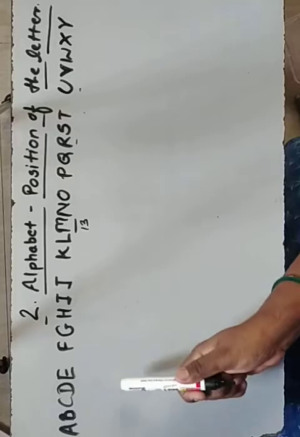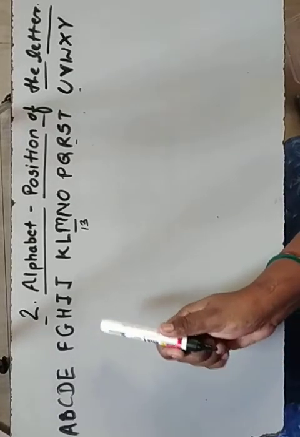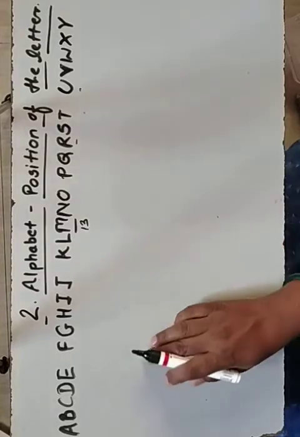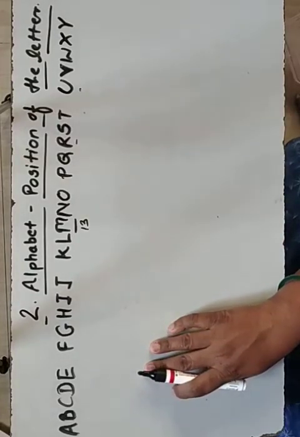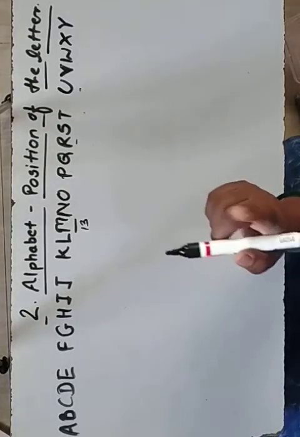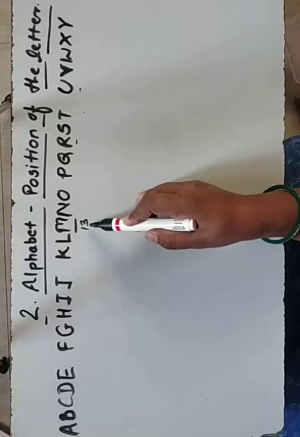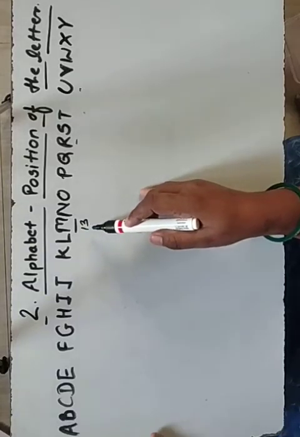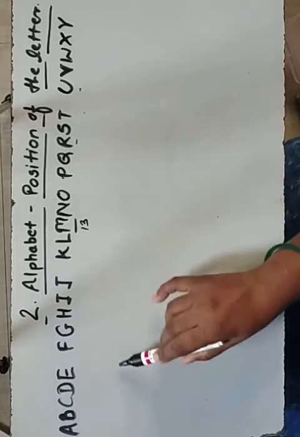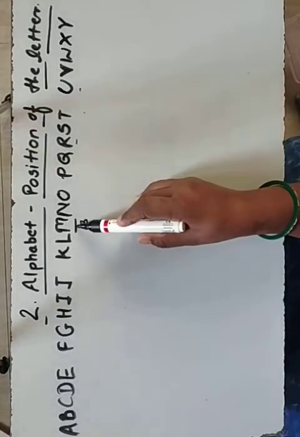So in this way, if we are making the groups of these letters, then it will be easy for us, or it saves our time. Okay, we can solve the example based on the alphabet position of letter within a minute. So for that purpose this arrangement is very important. You must know which is the middle letter of this whole alphabet series. So the middle letter is M, that you have to keep in your mind.